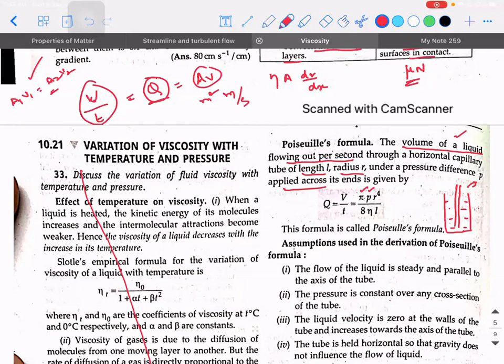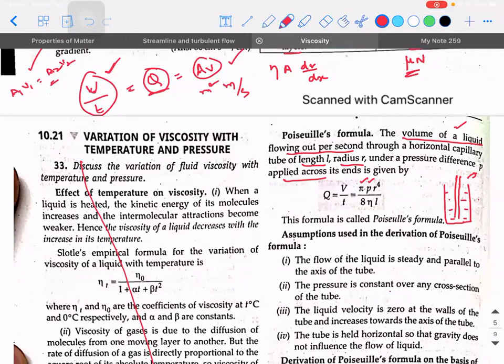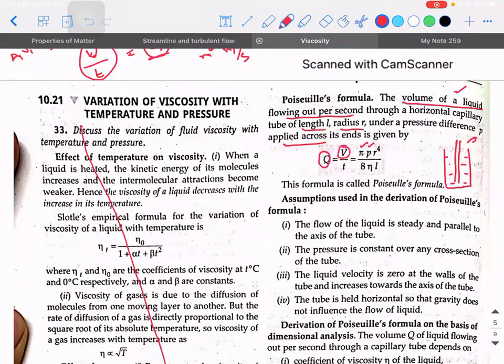This is an important term that you need to remember, because sometimes they will not tell you it is the amount of volume per time. They'll use the word rate. So at that time, depending on the problem, whether you need to use volume per unit time or area into velocity, you have to think. So that's what this Q is. Here V represents volume and T represents time. It is given as pi into P, where P is the pressure difference across which the liquid is flowing. R is the radius of the capillary tube. Eta is the coefficient of viscosity. And L is the length of the capillary tube.